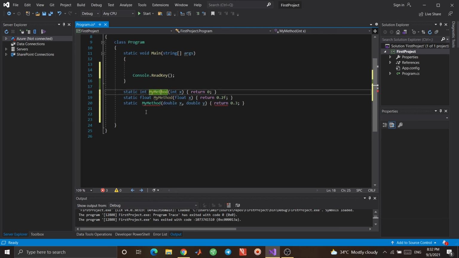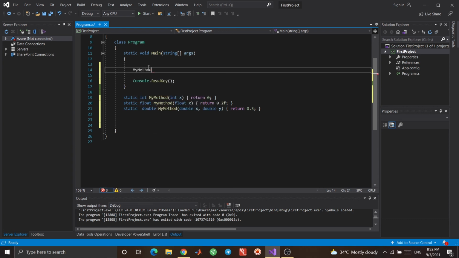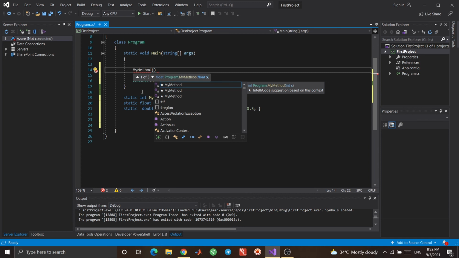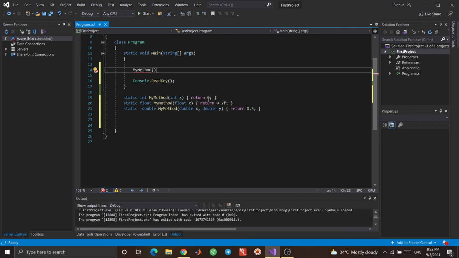Okay, and I have to write double here. Okay, let's call these functions. I call my method, and now as you see here, it has three overloads, and you can actually decide what to pass for this method. For example, I can pass an integer as an input, or I can pass a float as an input, or I can pass two doubles as an input. Okay, let's have for example an integer like 2,